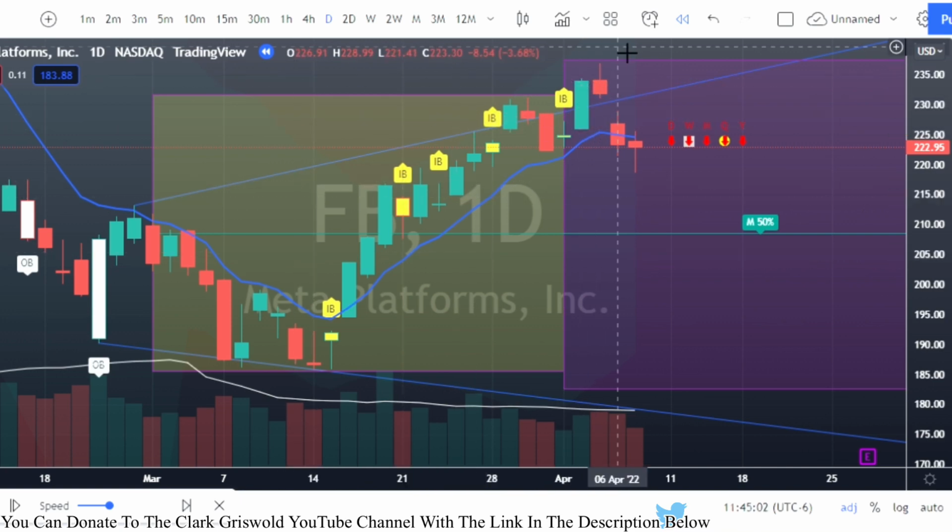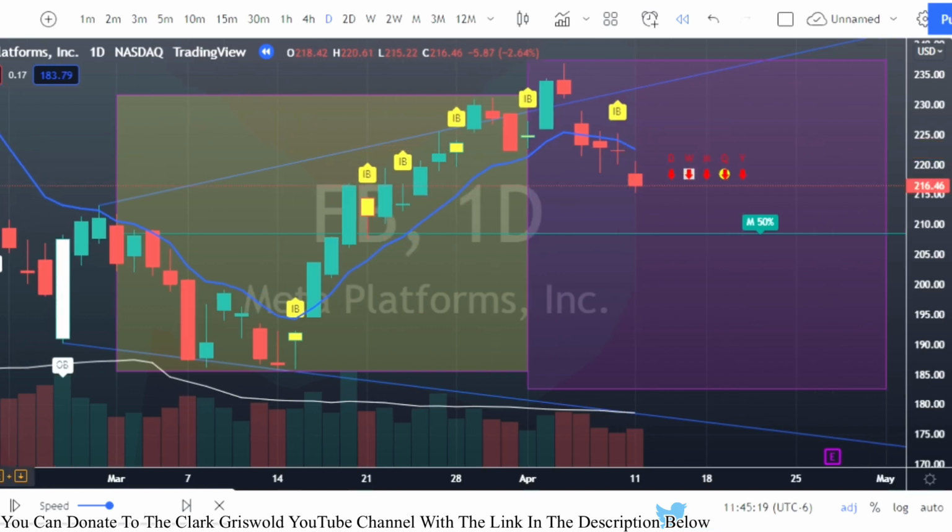And then we come up and we tag. Tag here, not even tag. That's the top of our outside bar now, okay? So we were a 2 up, and then we start coming down back through the range, okay? So I'm going to press play again, and let's just see where we end up.